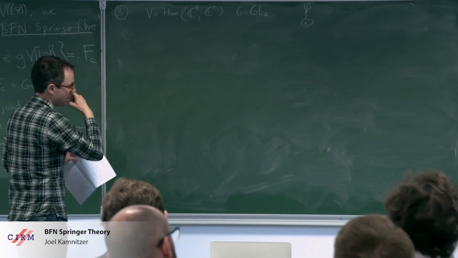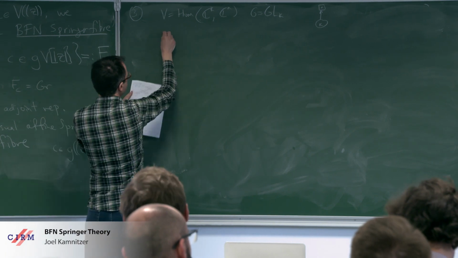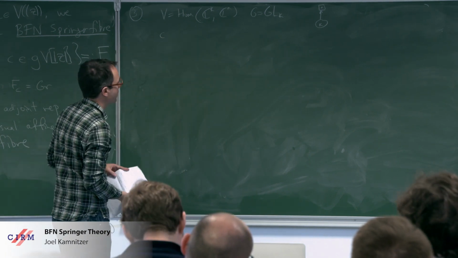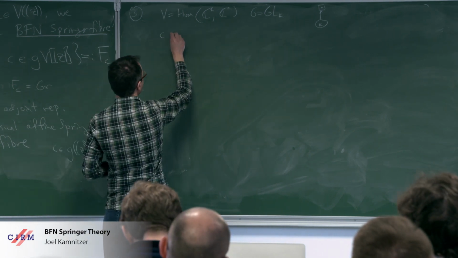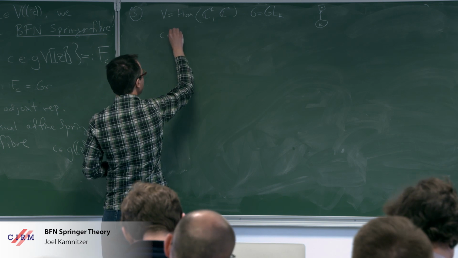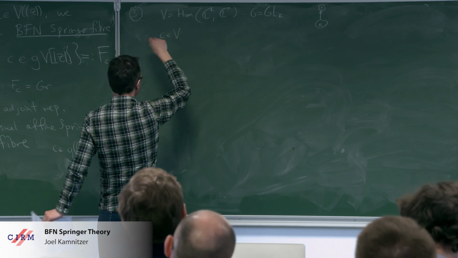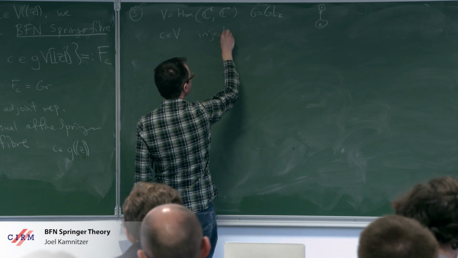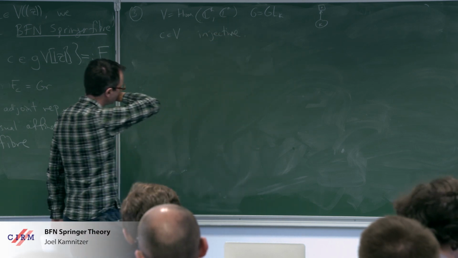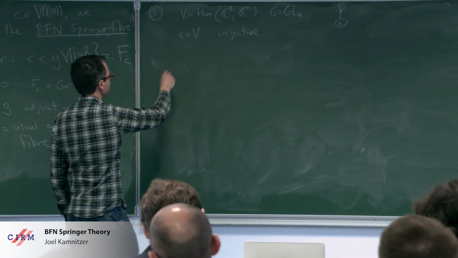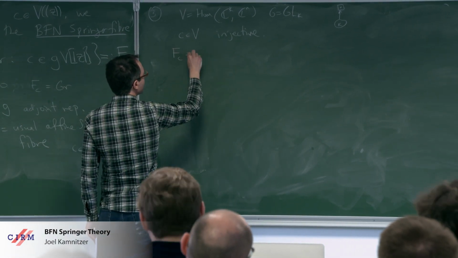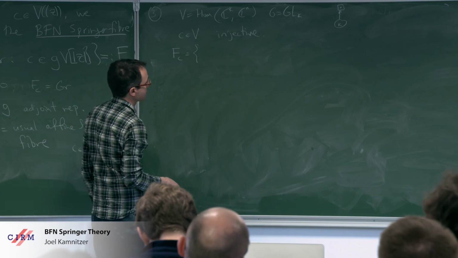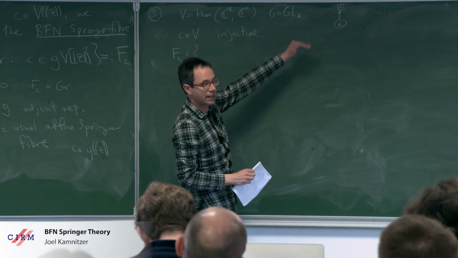And then the choice of C doesn't actually matter very much. Let's take C to be actually in V, not in V of k, but just actually in V. And then we assume it's injective. If I do this, then F_C is a point in the affine Grassmannian of GL_K,